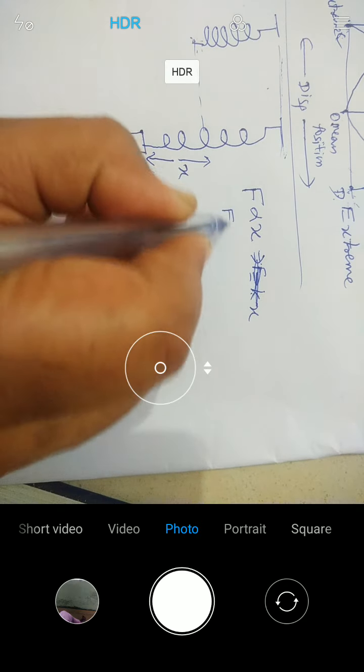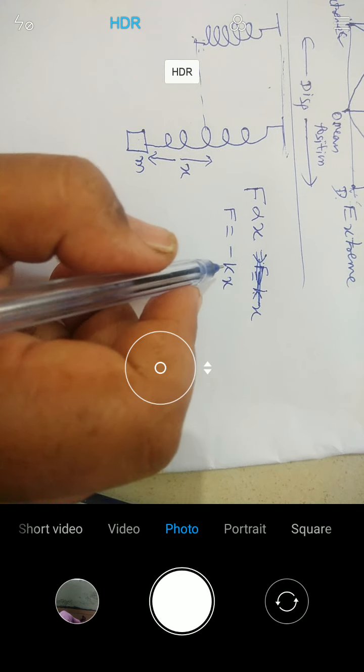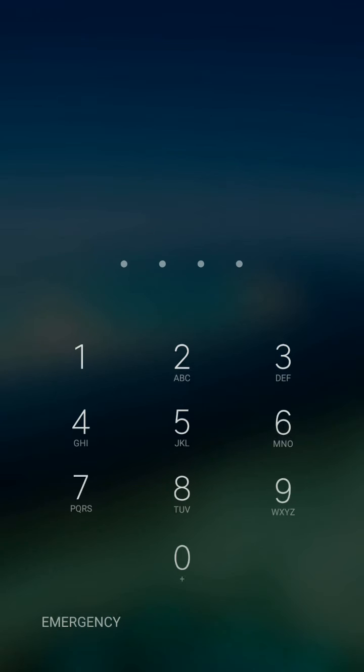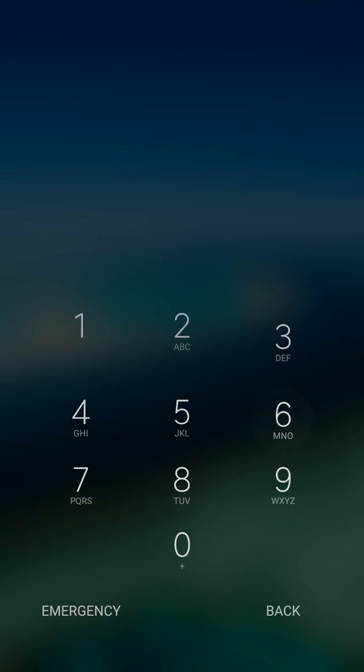Okay, I will write here F is equal to minus kx, where k is a spring constant, or a constant of proportionality, that is also known as the spring constant, and x is what? Suppose F is the spring restoring force, then that is directly proportional to displacement, and F is equal to minus kx,